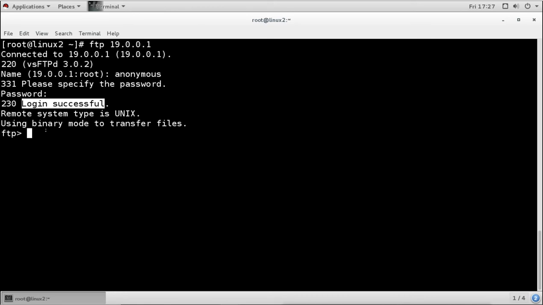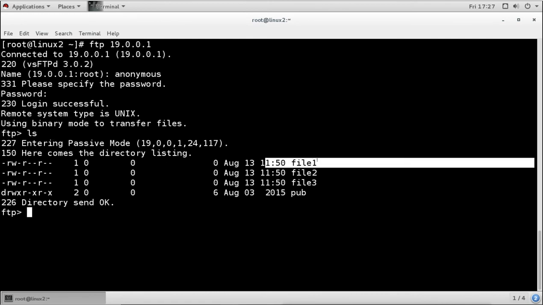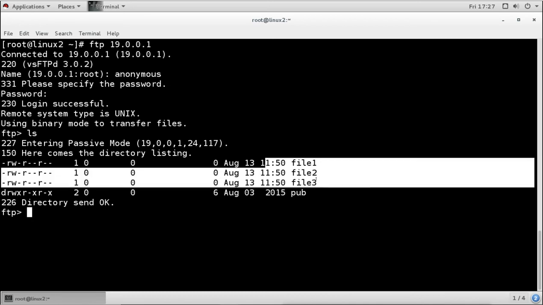And when the anonymous user logs in, it goes into the default directory, that is under where FTP, where we have created these files. So the default configuration is that anonymous users are enabled. They can log in without any password, and when they log in, they go to the FTP directory.